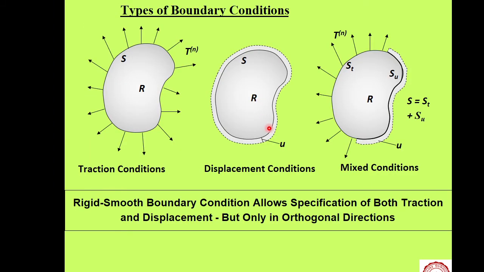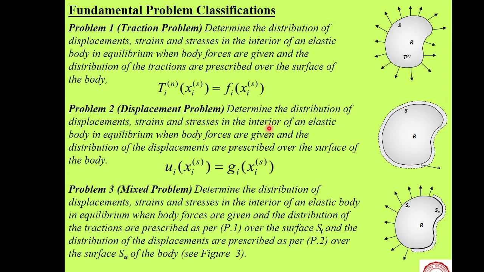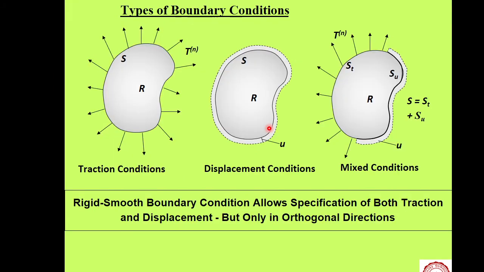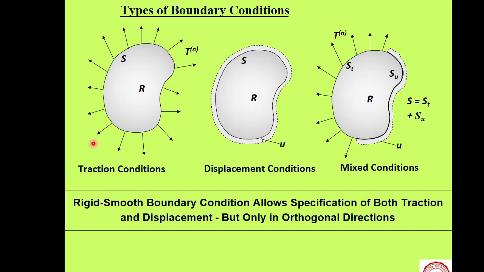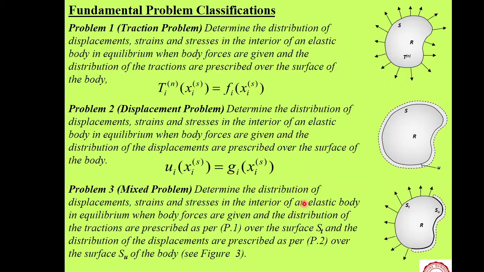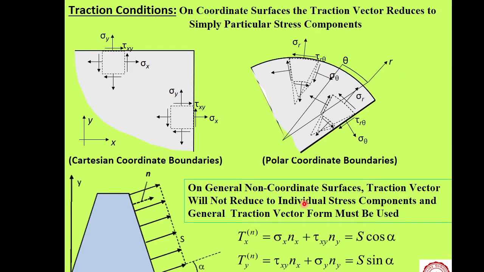and the loading conditions. What is not specified here is the geometry of the body. We have discussed the bar problem, beam problem, etc. The geometrical definition and the loading of the body have to be defined also. So these things define the complete problem. Okay. These are different types of boundary conditions.